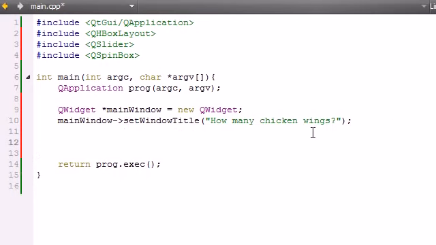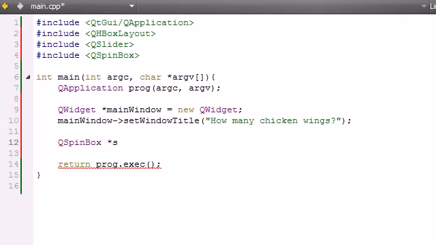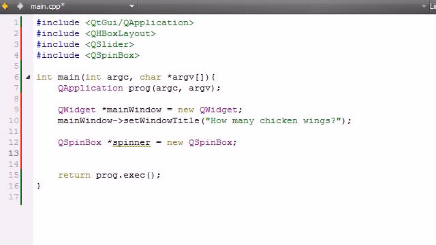Now what we want to do is, now that we built the container that the other widgets can go inside, we can go ahead and start building those other widgets, which is a slider and a spin box. So let's go ahead and build Q spin box, and we'll just name this one spinner, and new Q spin box. So now do the same thing for slider, Q slider, and of course might as well name it just slider to kind of go with the flow. New Q slider,